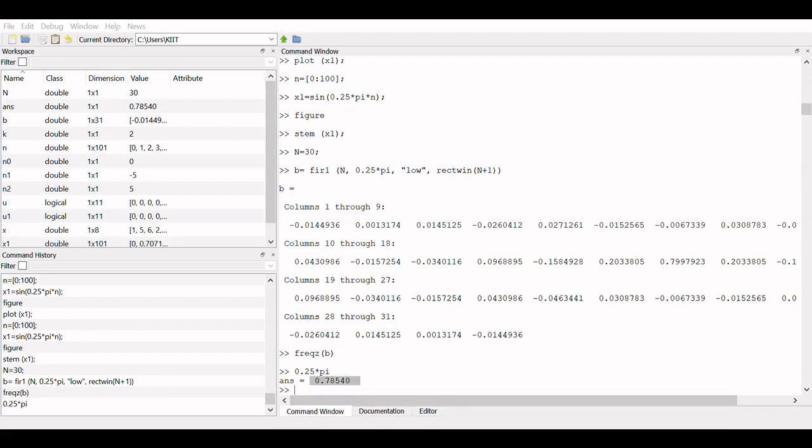So now if you look carefully at this figure, this is a low pass filter. So here the cutoff frequency at this location, if I put my cutoff location here, you can see below the value is usually how much, 7. You can see at the corner of the graph, this value is getting changed. So this is around 0.78, which is nothing but my pi by 4 value. So this is my frequency.